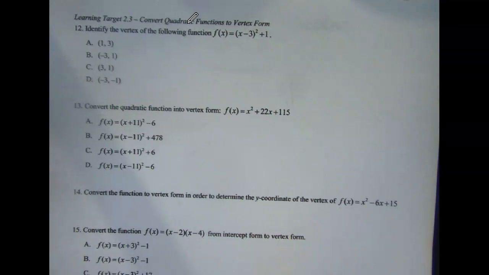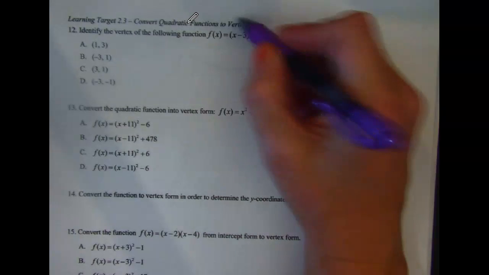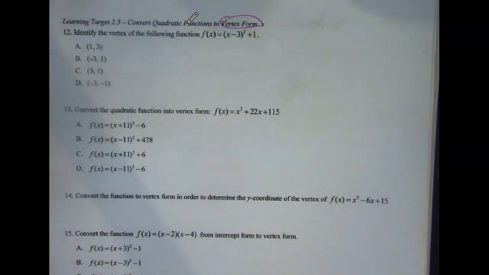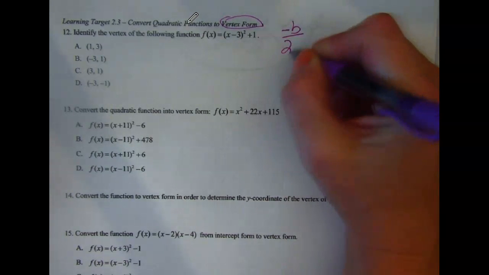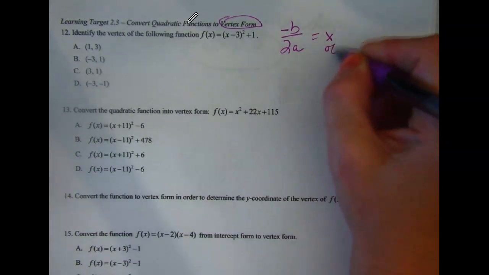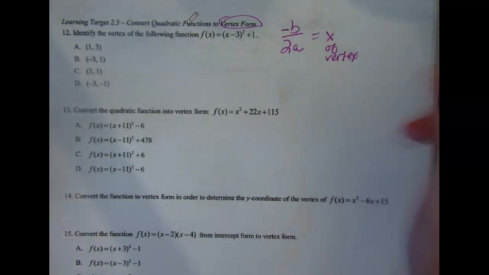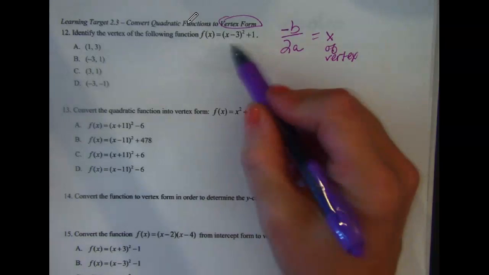And just remember, there's some tricks here. In vertex form, if we have to find our vertex, that's -b/2a. That gives us the x of the vertex. And then to find the y of the vertex, you can plug it back in. If it's in